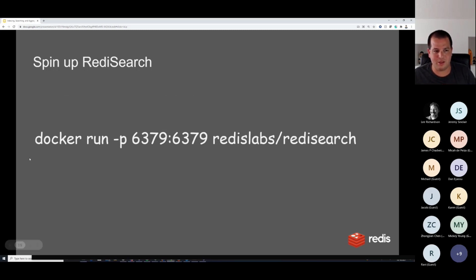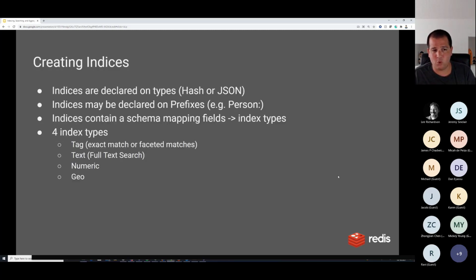So to run this, you can do Docker run. I'm using the Redis mod image, but there's a bunch of images out there you can use. But Redis Lab / RediSearch is the official canonical one for RediSearch for now. Creating indices is as simple as declaring an index on a type. You can declare them on a prefix too. So for example, you might only want to index records with the key name that starts with person: